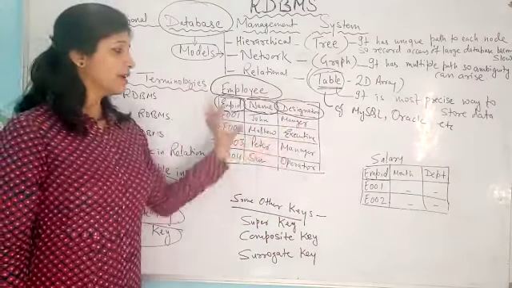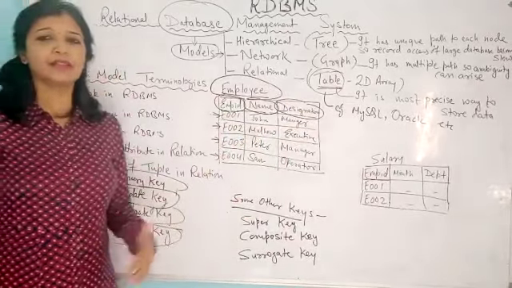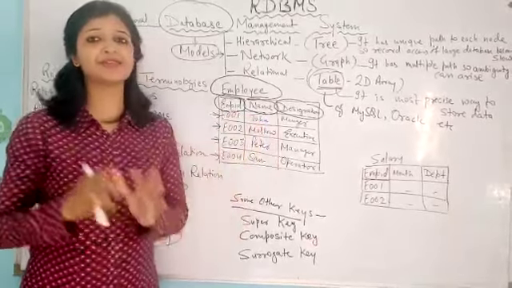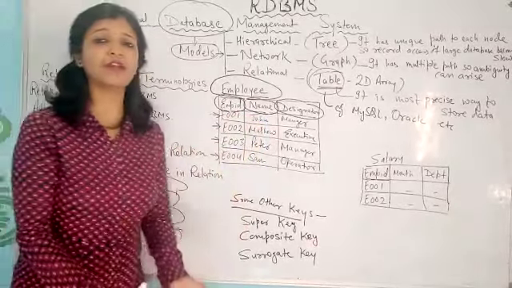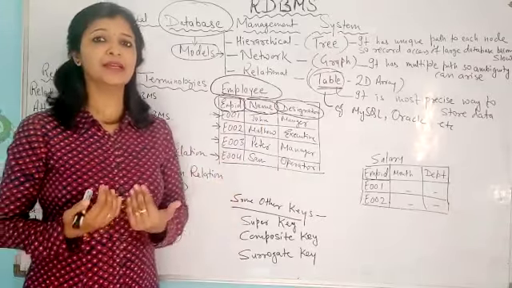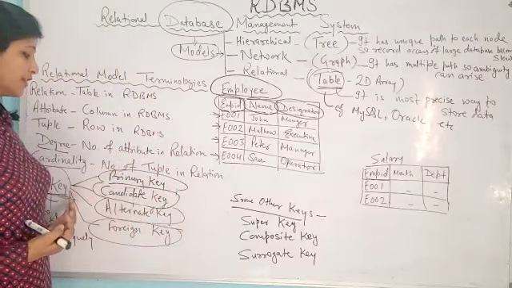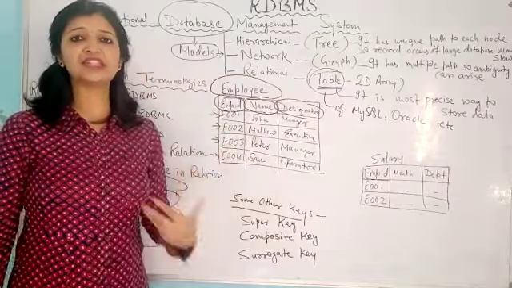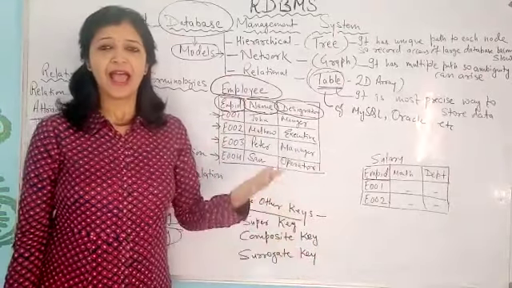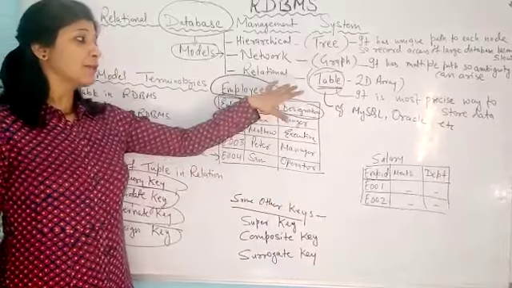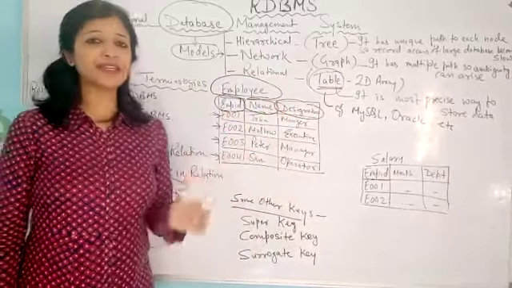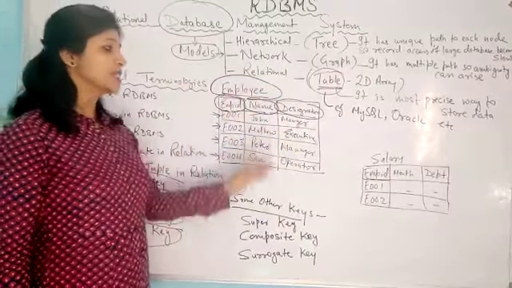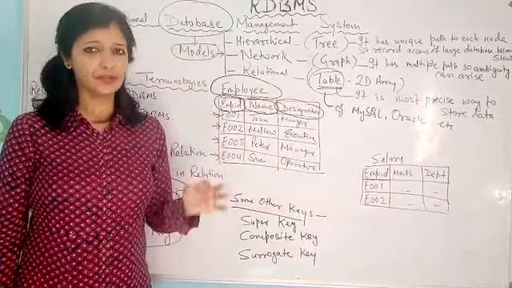Now, when we enter records in a table, how can we fetch them uniquely? Every record should have some unique identity so that retrieval of a record from a large pool of data becomes easier. So there is a need for a key. A key is an attribute of a table which is able to identify each tuple, each record, uniquely. And in RDBMS, a primary key is mandatory for each table. Every table should have one primary key which is able to identify each record uniquely.